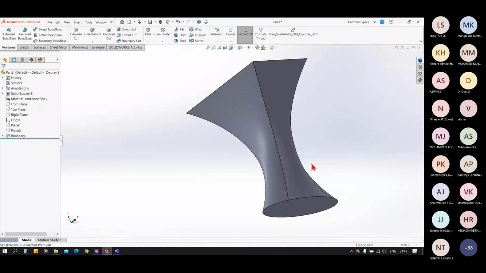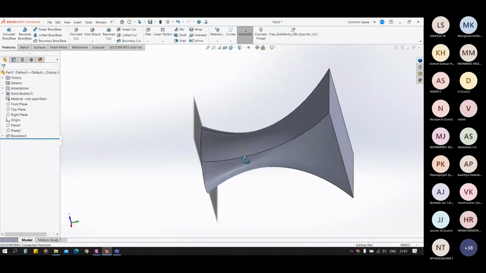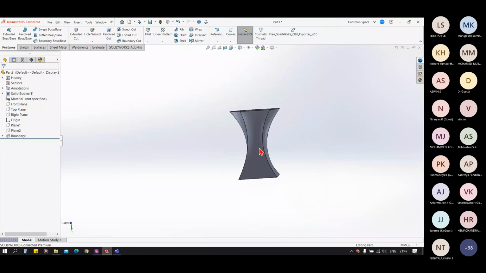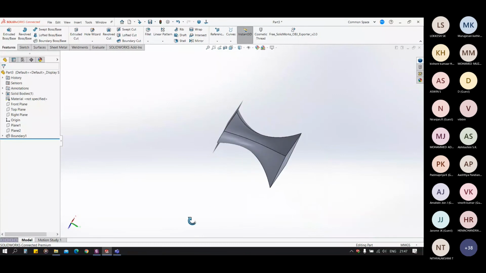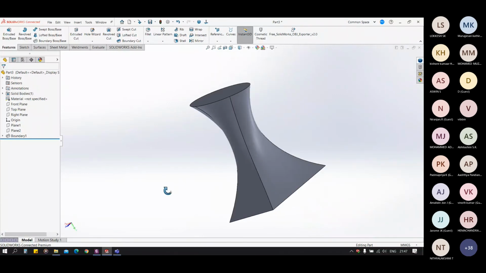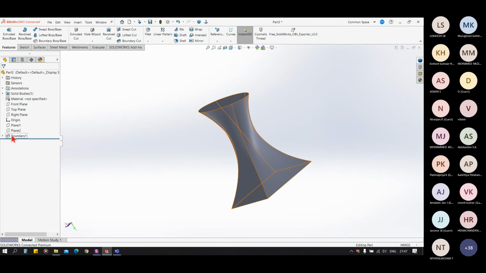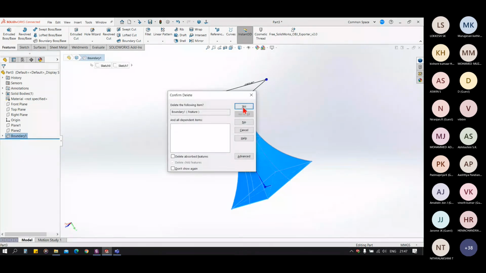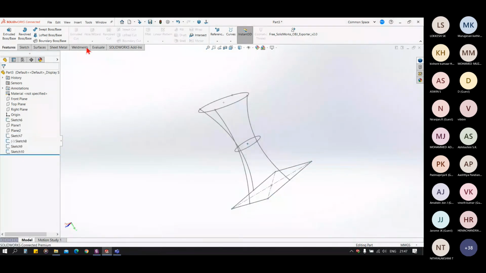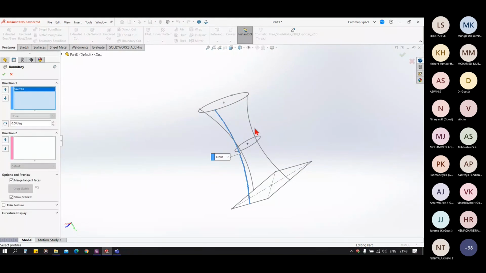In this way, in the boundary boss base, we can control our design in more ways, in more directions.